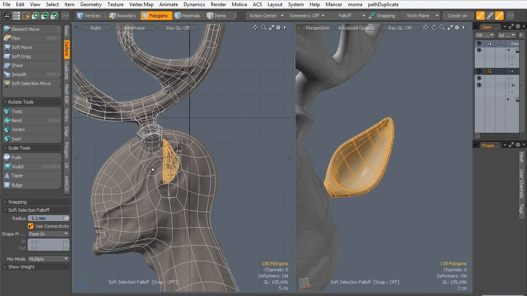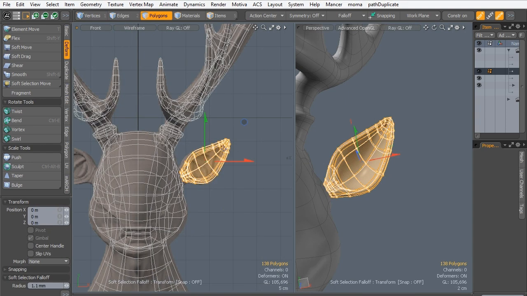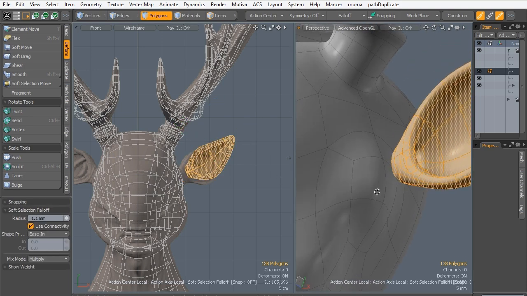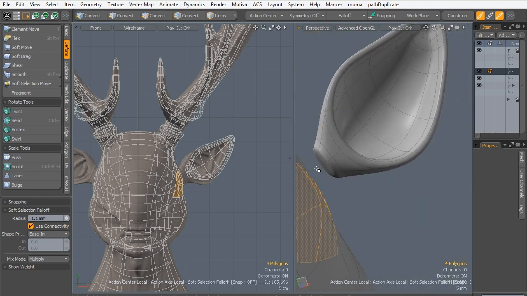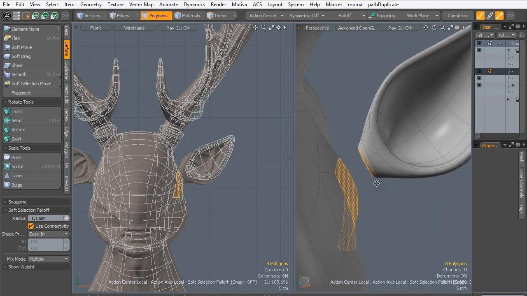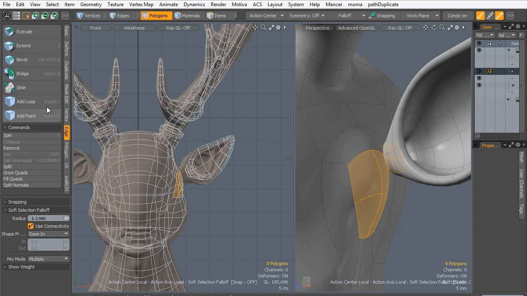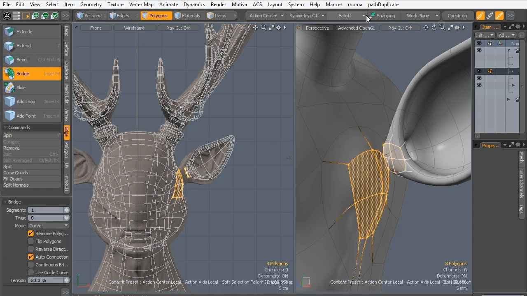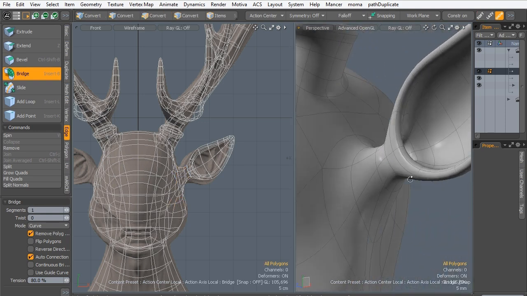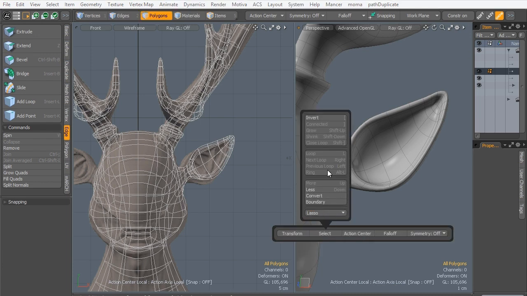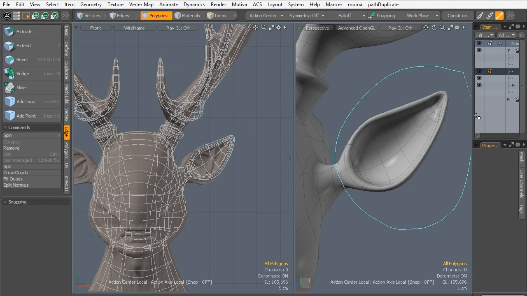Select all here, go to front view, activate move tool, change your action center to local, and now select those polygons and activate bridge tool. Alright, bridge, and once again turn off soft selection, and as you can see, now we got our meshes bridged. Alright, then you can select these polygons,